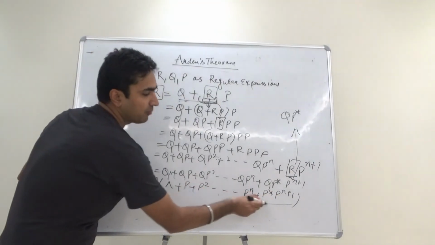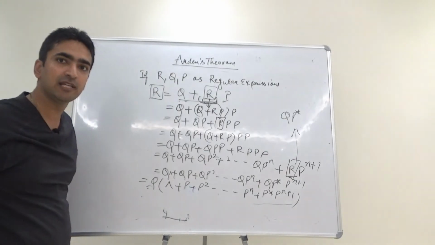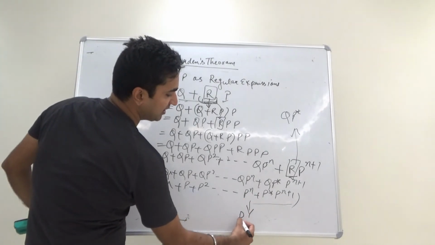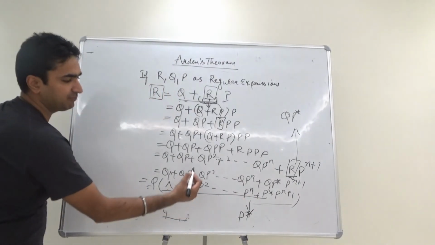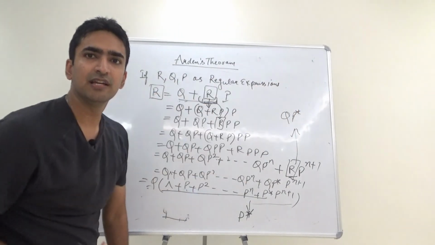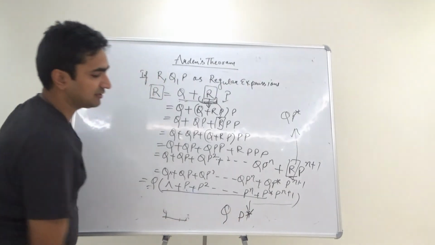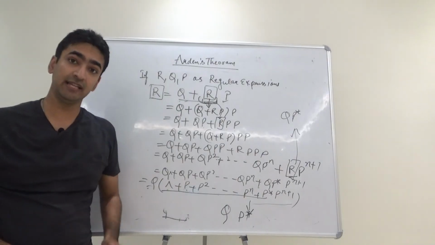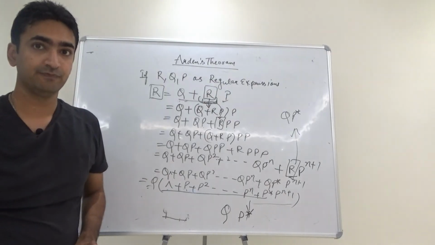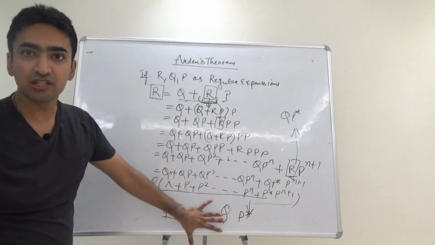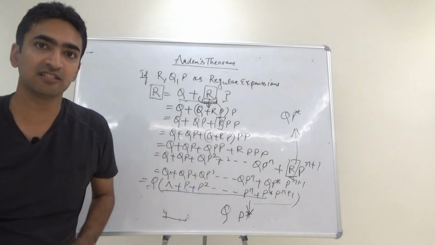Clearly, maximum how many times can it run? It can run till P star times only. Why? Because P star means any number of P's, so any number of P's means all sets of P's. I can clearly write it as P star. Now the whole part, null plus P plus P square till P star, is actually P star only, which we have already discussed. This is P star, this is Q, this is QP star, and hence it is proven that Arden's theorem has a solution of QP star. Fine. From this application we will solve various questions of converting finite automata into regular expressions.